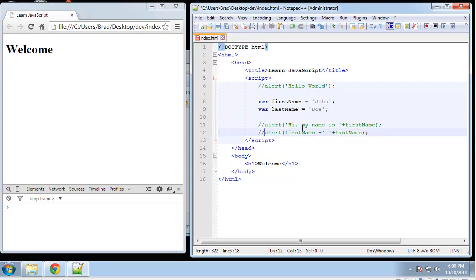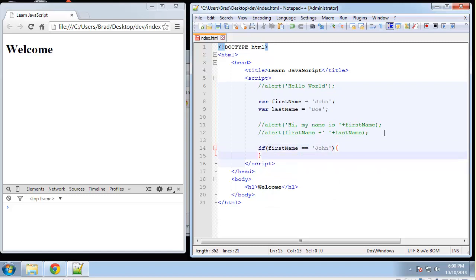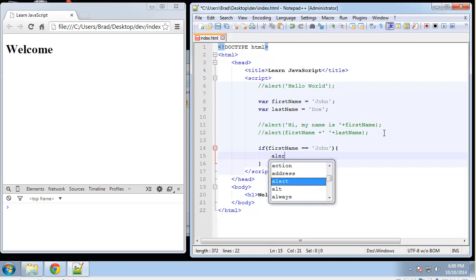Let's take a look at if statements. If you have any other programming knowledge, then you know what an if statement is. We're just saying if a certain condition is true, then do this, and then we can say else, which means if it's not true, then do this. So for example, let's say if first name is equal to John, then let's go ahead and alert